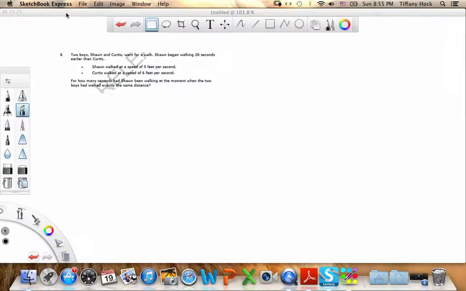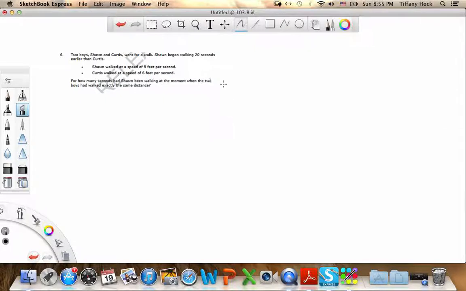Okay, question number 6 says two boys, Sean and Curtis, went for a walk. Sean began walking 20 seconds earlier than Curtis. Sean walked at a speed of 5 feet per second. Curtis walked at a speed of 6 feet per second. For how many seconds had Sean been walking at the moment when the two boys had walked exactly the same